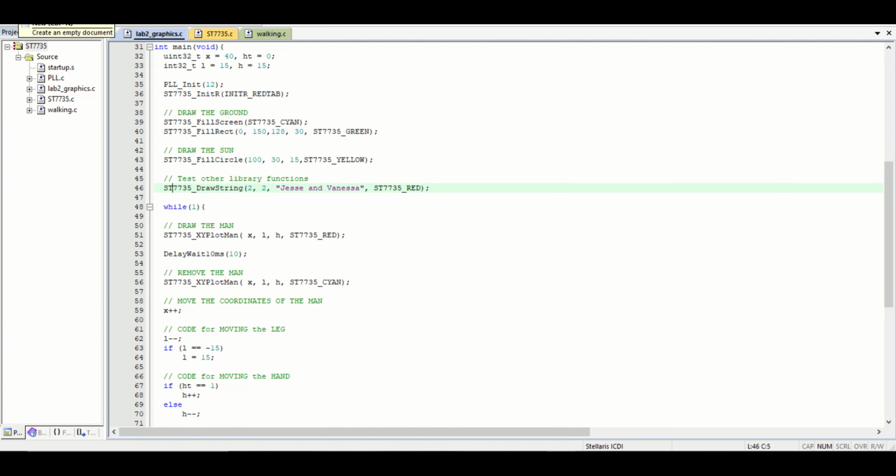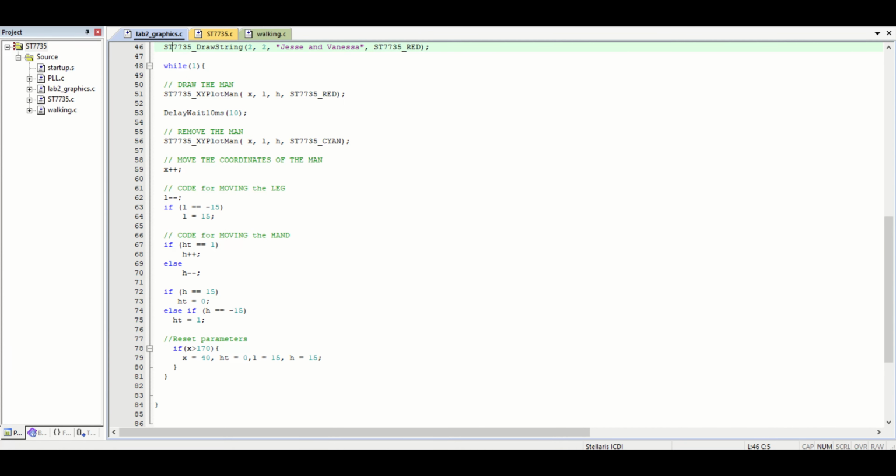This initialization function called is dependent on the version of the screen obtained. Next, various functions from the library are called to essentially build a background on the screen. We then display a banner of text at the top of the screen for purposes of testing the functionality of other library function calls. Then, in the while loop, we call the function that will create the stick figure on